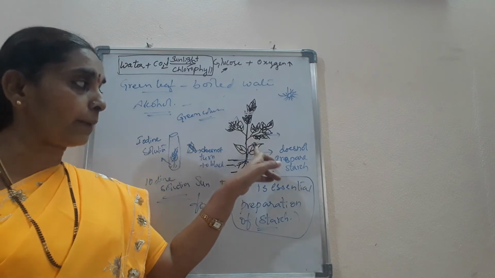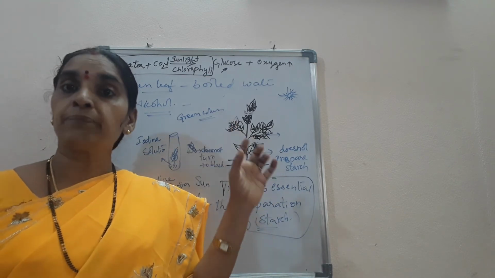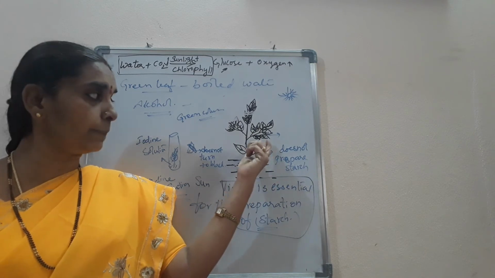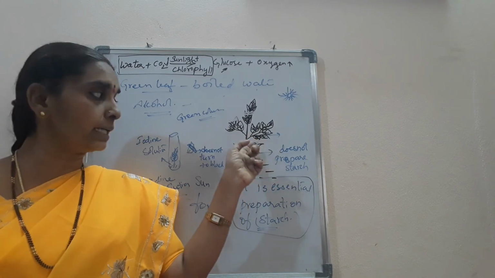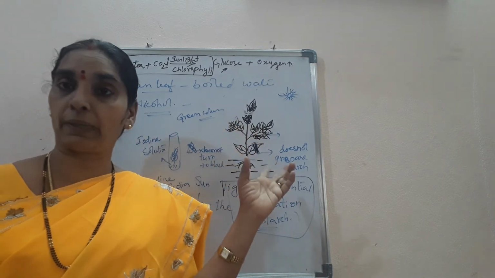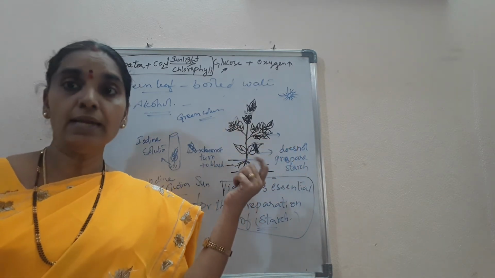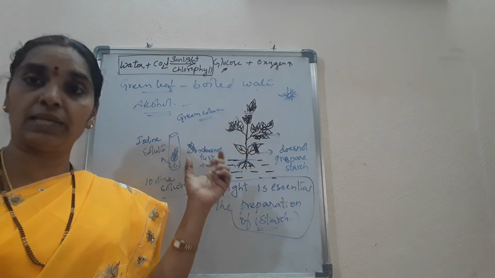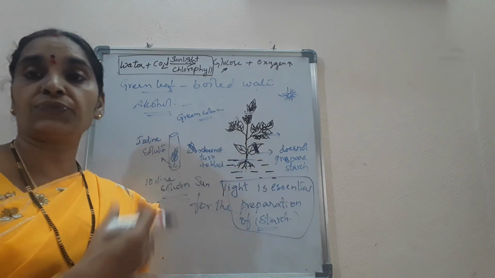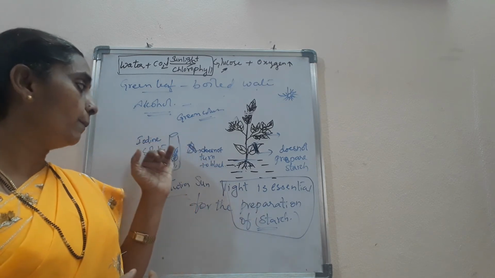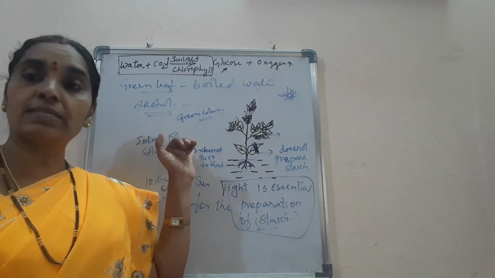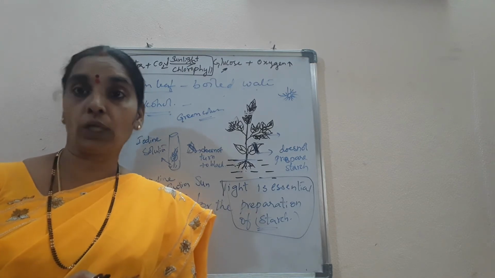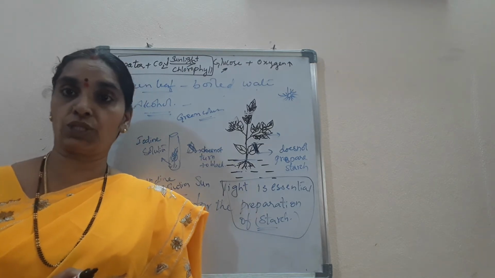When you cover a black paper over the leaf, as shown in the figure, the other parts should be exposed to the light and the part in the middle should be covered with the black paper so that it does not get the sunlight. After 4 to 5 hours, you take the leaf and again test with the iodine solution. You can see that the part of the leaf covered by the black paper doesn't turn black or blue with the iodine solution.